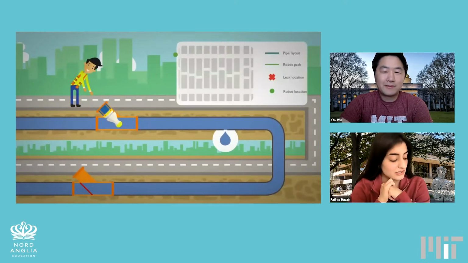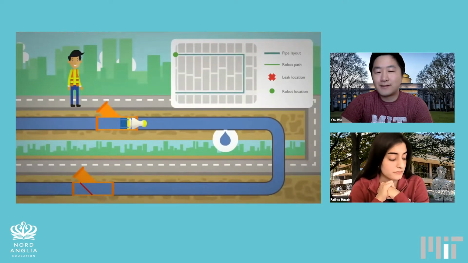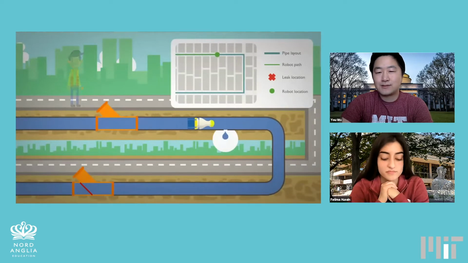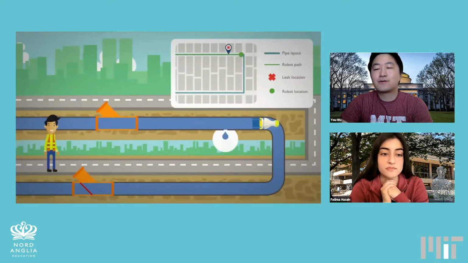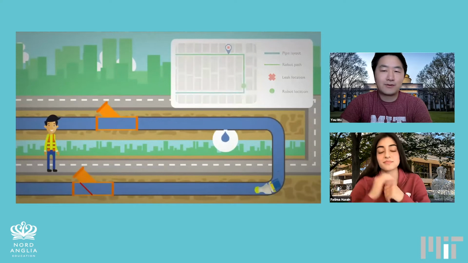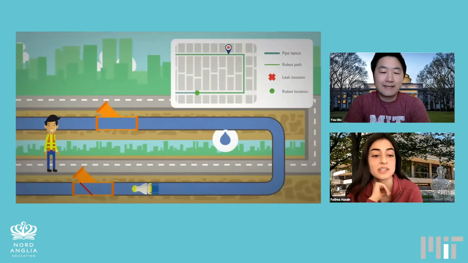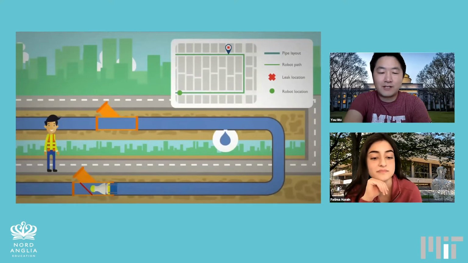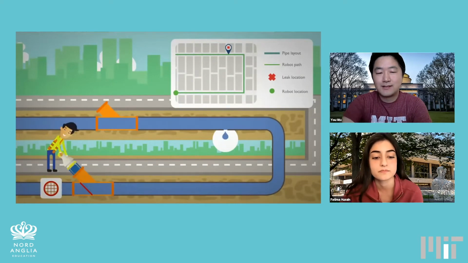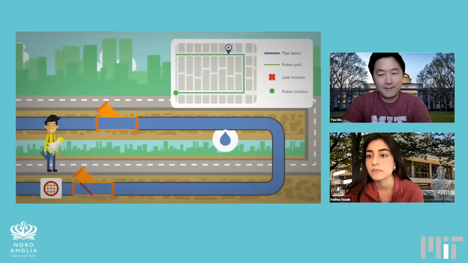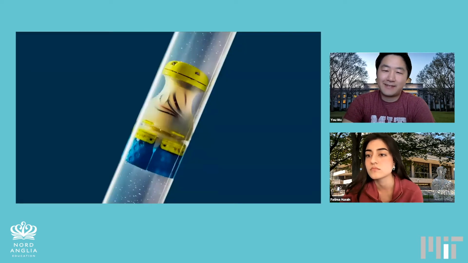The concept we came up with is pretty simple. We want to be able to put a robot into the underground pipes through a hydrant, and then the robot is going to flow through the pipe and record the location, the journey it has through the pipes, and also where you see leaks. And eventually it can be flushed out from another hydrant and recovered to the ground. It's a very simple concept, right? And it doesn't take much to make it work, in fact.